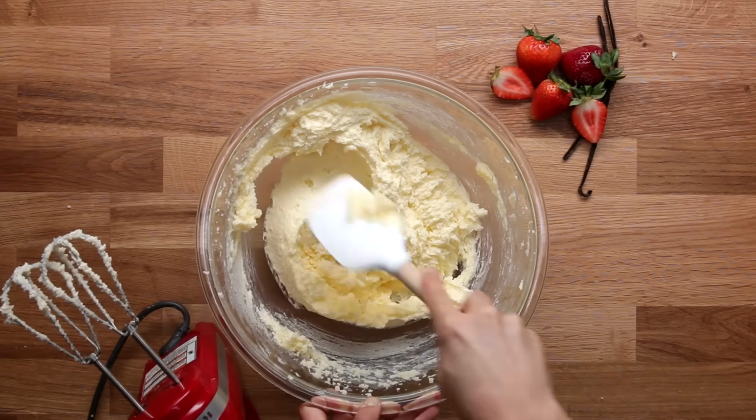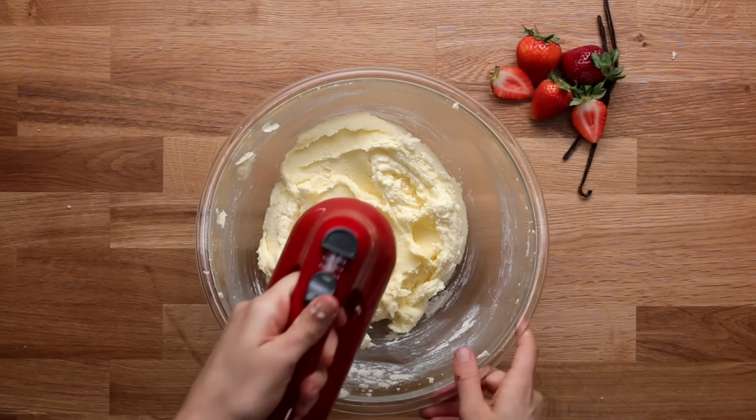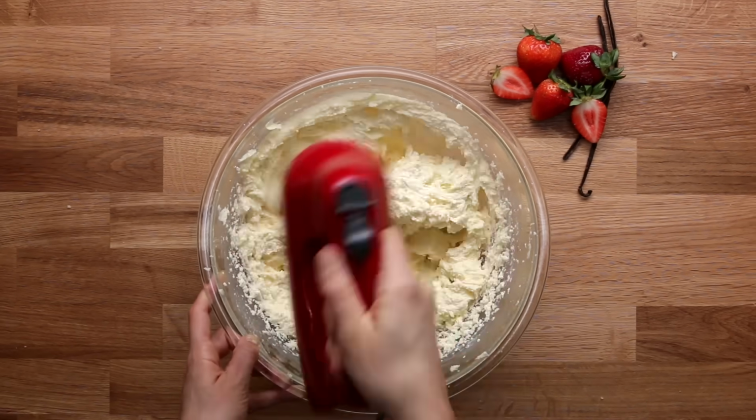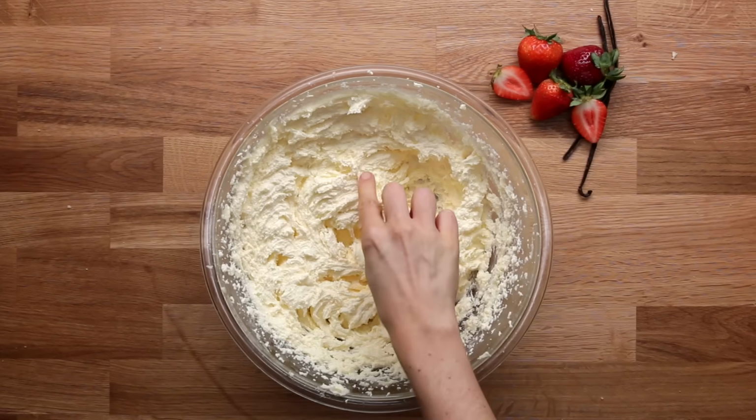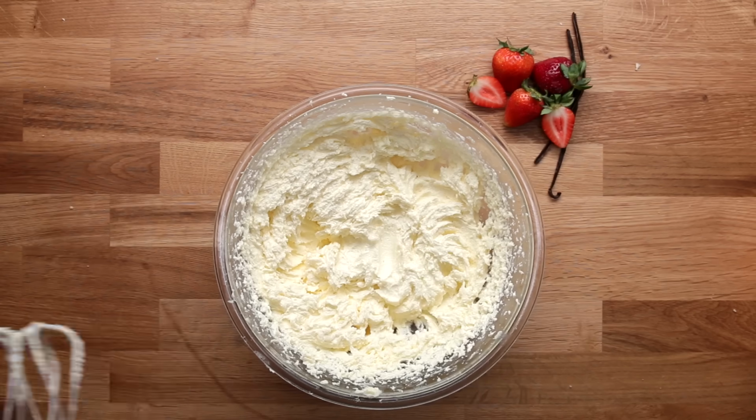As everyone knows, some of the batter will end up on the side of the bowl, so it's always a good idea to scrape down the bowl. So we're going to continue to go until we can feel the butter and there's barely any sugar granules in between your fingers. I'm just going to go a little bit more, and then one at a time I'm going